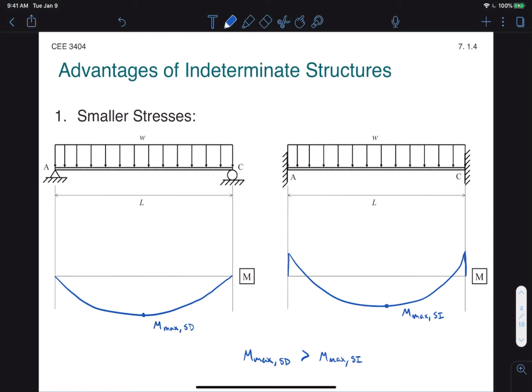The overall takeaway is that loads can also be larger, right? So for the same span, the same beam can take more load if it's supported as a statically indeterminate beam. So this gives us an advantage in terms of the overall strength of the structure. The beam can sustain more load by adding redundant supports. However, of course, the supports are going to now take more of that load, so we have to keep that